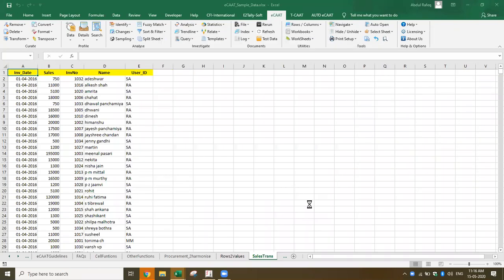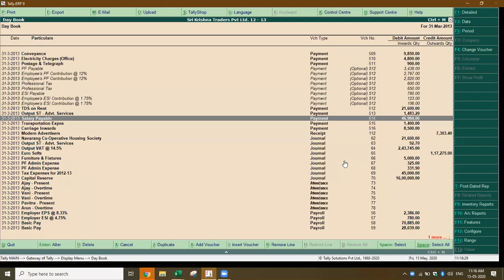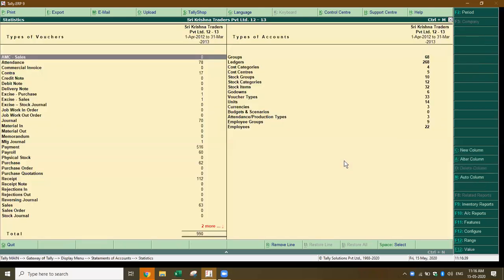Okay, now let's come to Tally data and see what I can do with Tally. Now I opened a company. So this is a company. Now if I go to DSS, I should be able to get the day book. Yeah, display. Now this is old data, but this is test data which has all the functions. There are about 990 rows of data.